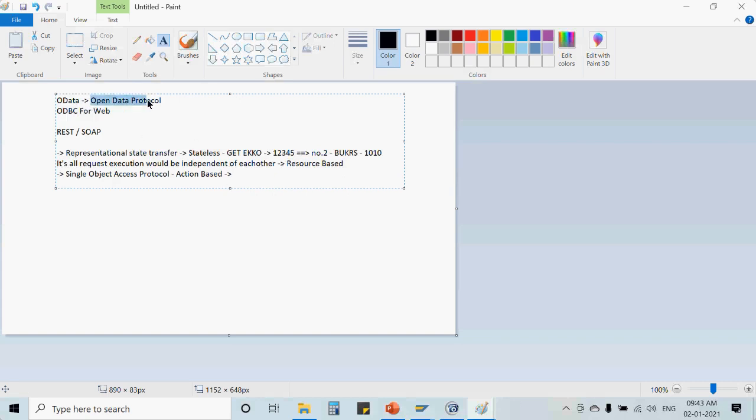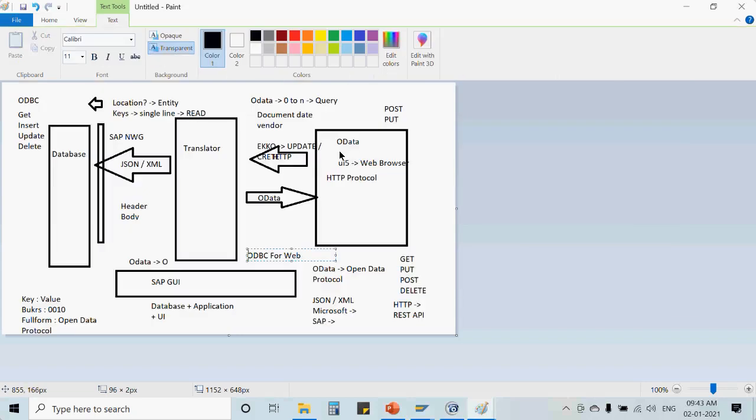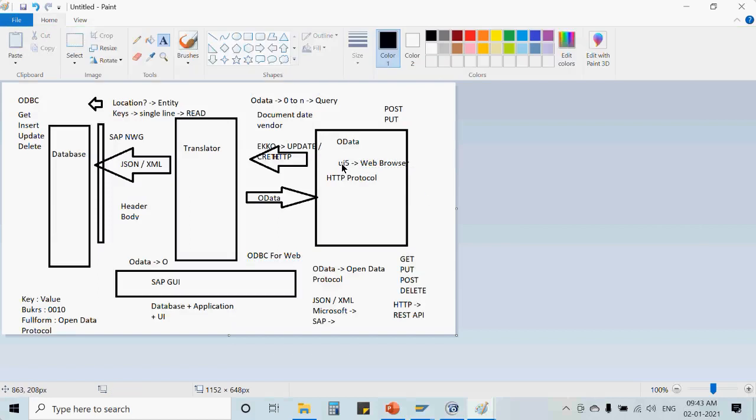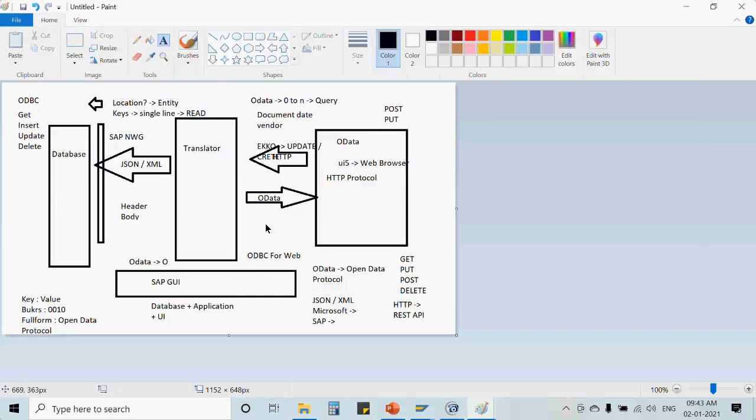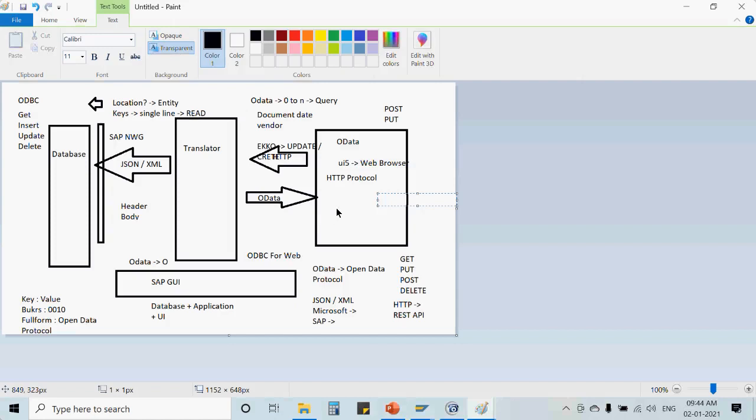Why we call this OData or open data protocol, because irrespective of what is your UI technology, as I already mentioned, you have a HTTP protocol which is running on the web browser. Though we are using UI5 for our SAP application, if SAP is coming up with new technology, or let's say the OData is returning a JSON output. This JSON output, though the front end technology is UI5, I can use it. But if the front end technology is not UI5, it's any other non-SAP technology also,